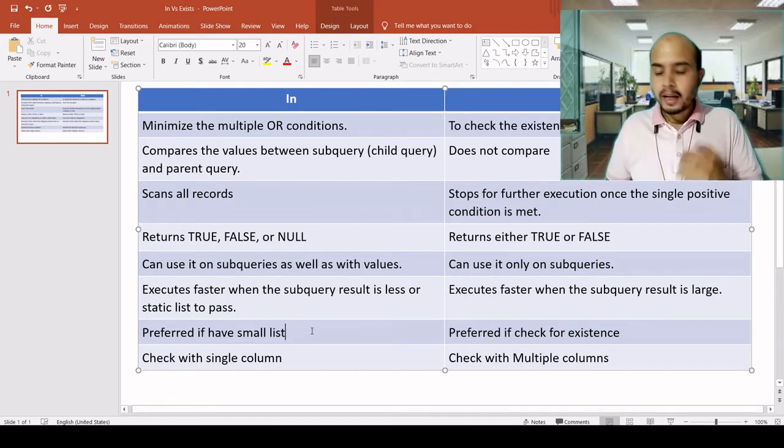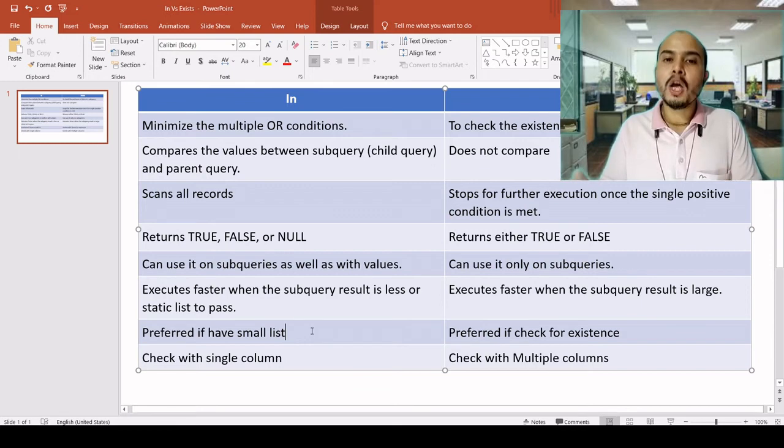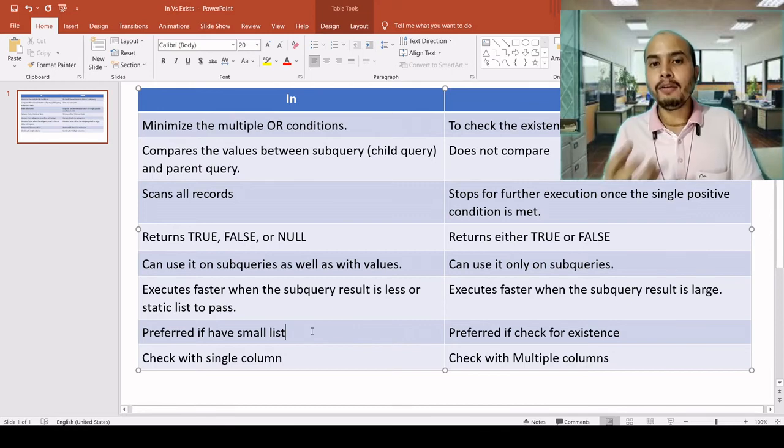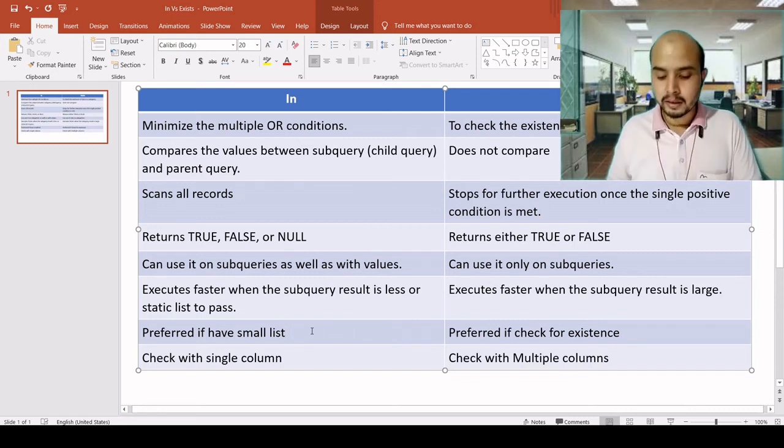Next, the IN operator is always preferred for small values. If you have few values in those brackets, or if the subquery retrieves few values, it is preferred to apply IN, else you need to apply EXISTS.